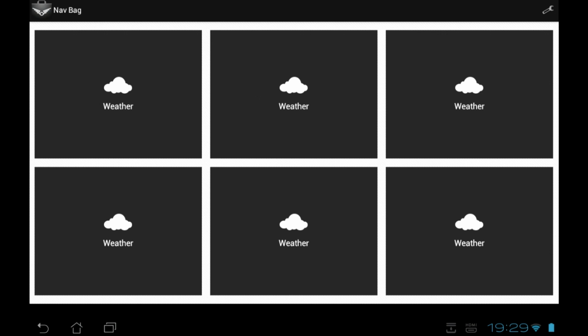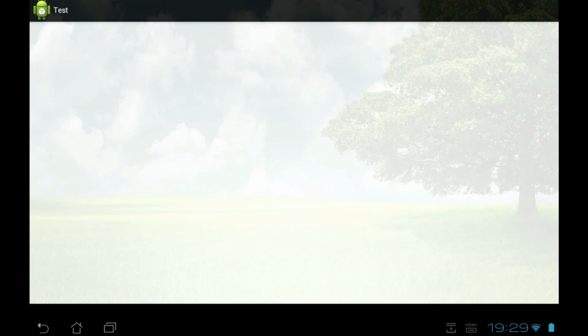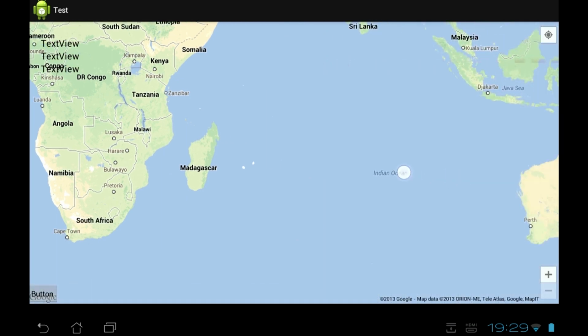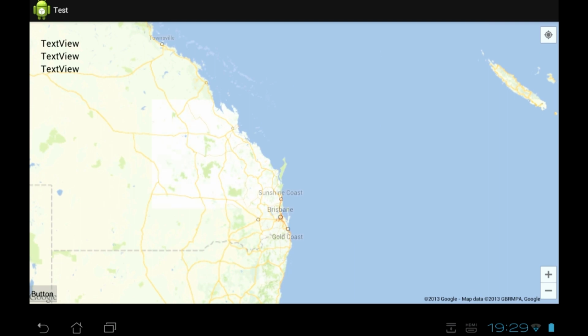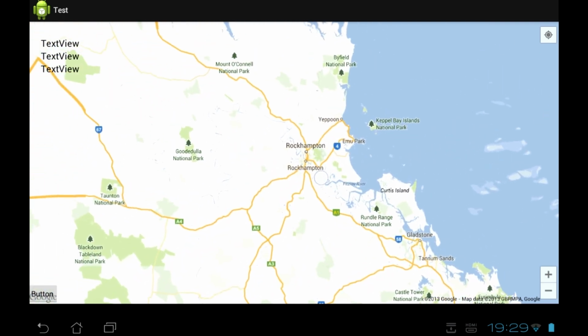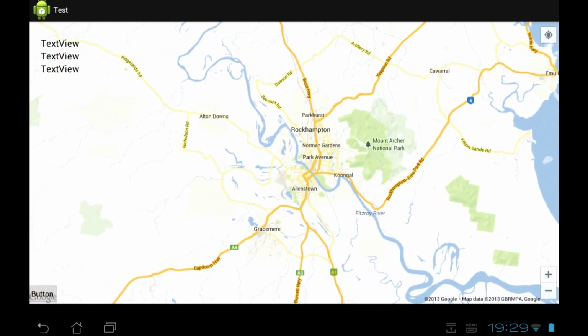So I will show you. Now this is more just a proof of concept kind of thing, but I thought some of you might be interested to see what I've been working on when I get a little bit tired of working on NavBag. Now this is just a normal map, and I will come over here. I've got some test data, and keep in mind this is very much in alpha at the moment. If I go down here to Rockhampton, let's look here a bit more. And if I hit this magic button down here,